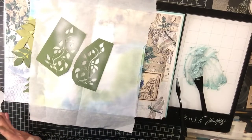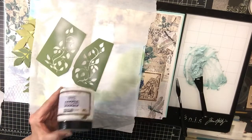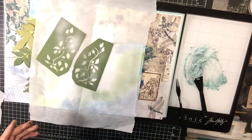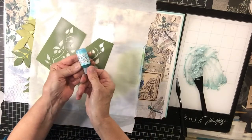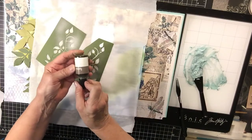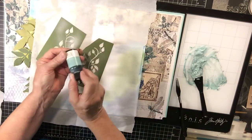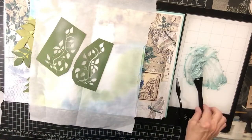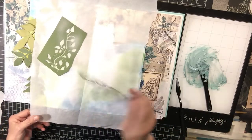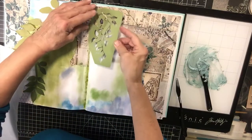And I didn't have green. I thought for sure, but I think I gave it away. I thought I had some of this ivy, New England ivy. So I'm using clear, I used clear gesso, and I did a little bit of Distress Oxide, 2 drops of espresso, and then it was too dark, so I added some glacier I had. I don't have a lot of refills on ink, so we're going to give this a try. I'm mixing this with my Pixie paste,